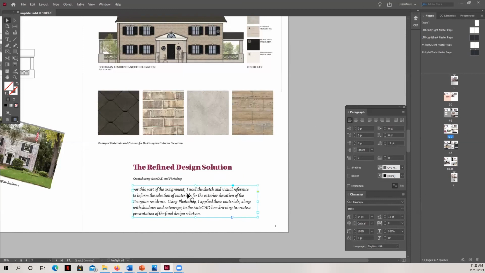Okay, and so I also want you all to be aware that there are some parts of the template that are already predetermined for you as far as text boxes go, but just know that you can delete those and you can create a new text box. You've done this before probably, but just by selecting the type tool, and then you can place your text box anywhere you want.